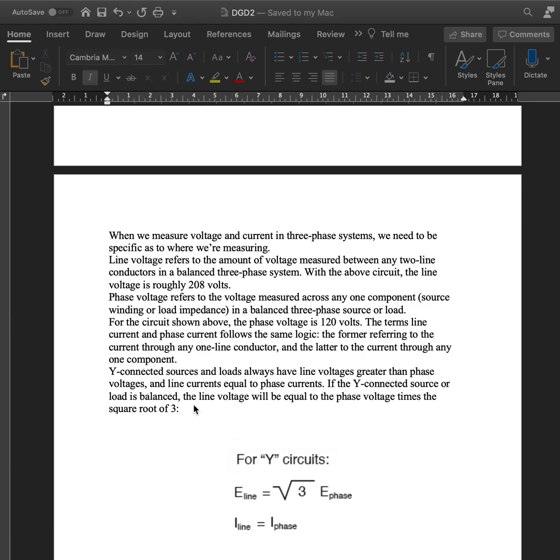Okay, so when we measure voltage and current in a three-phase system, we need to be specific as to what we are measuring. Same as I said last time with the transformer, we have to be very specific as to what is being measured. Line voltage refers to the amount of voltage measured between